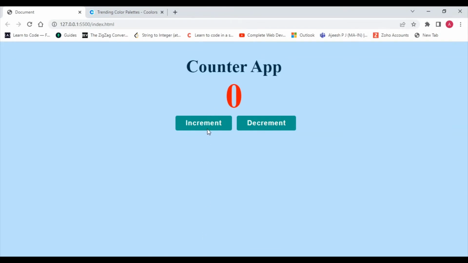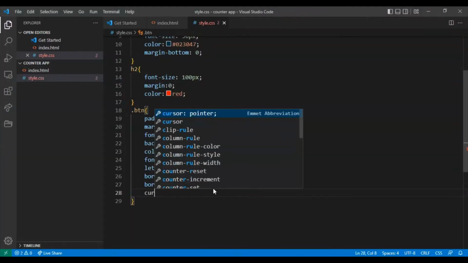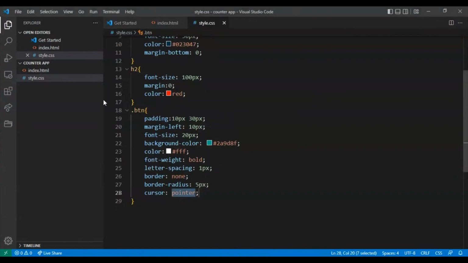When our cursor is over there, I want it to be like a pointer. For that, cursor pointer. Let's see, when our mouse cursor is over this button, it will be like a pointer. Now see, the front end is designed. Now I want the increment and decrement. For that, using the help of JavaScript, let's create a file